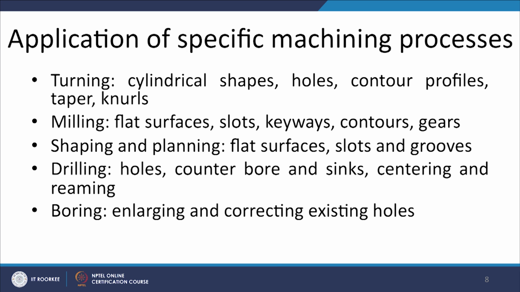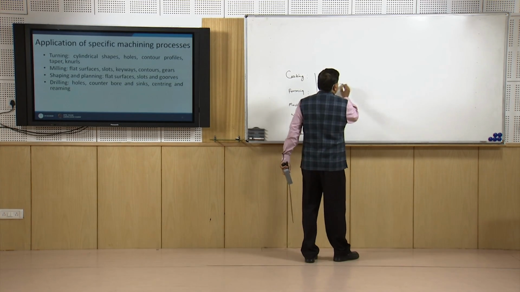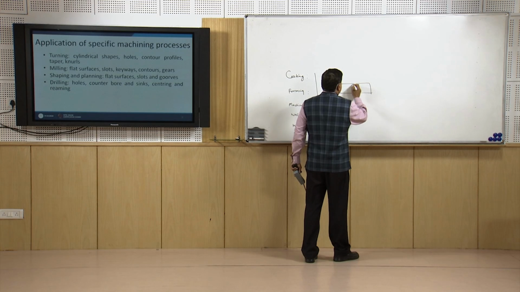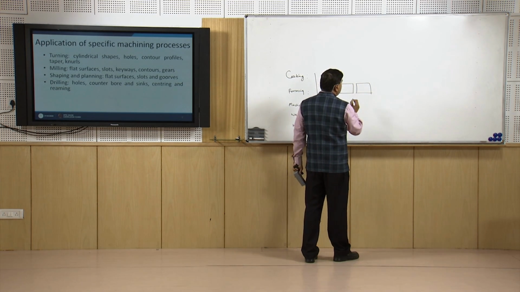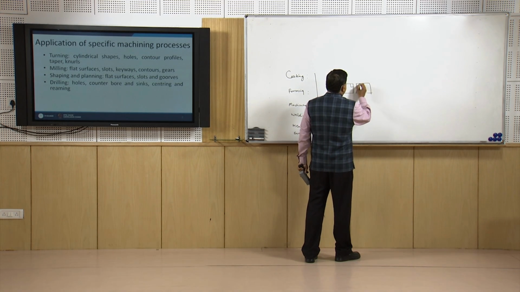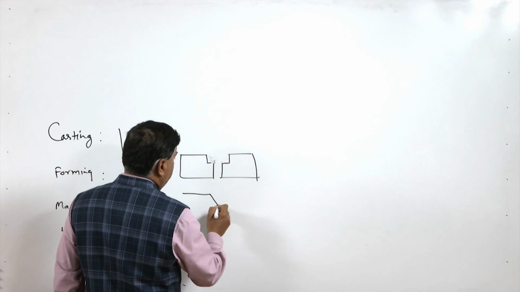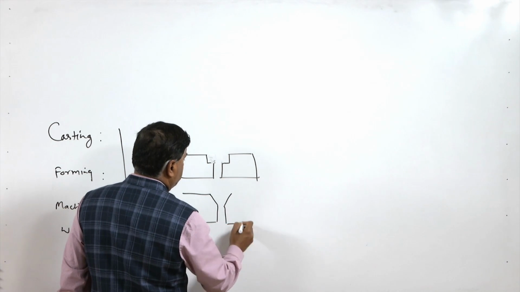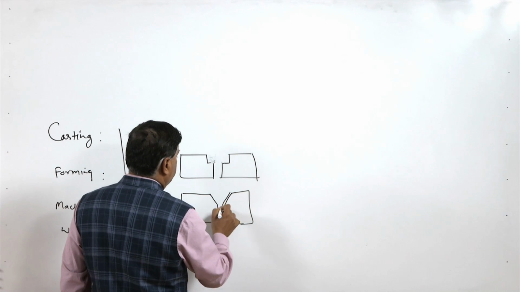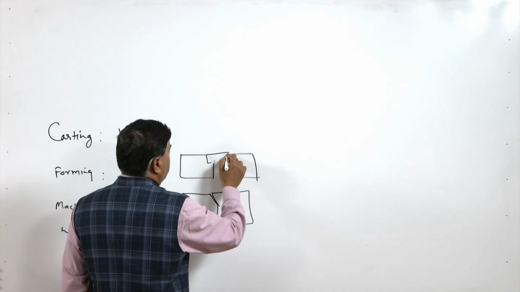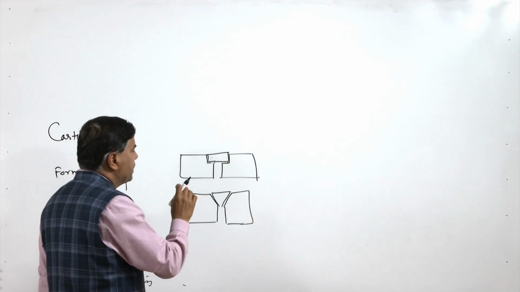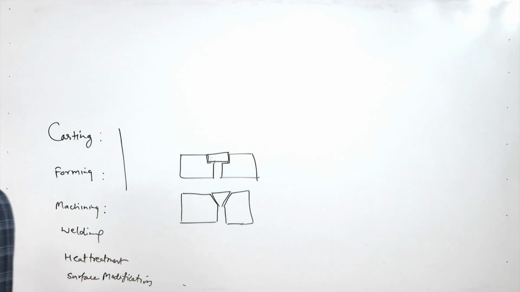Drilling is the process which is used for creating the hole, and then the counter boring helps to make the partial enlargement of the hole, and a partial conical hole is made in sinking. So, the counter boring is basically, say, in an object we have a hole like this. If the hole is partially enlarged, this enlargement of the hole is done like this for the counter boring process. And the same hole can be made for the countersinking by developing the geometry in this way. So, a conical shape geometry is produced for the countersinking purpose, and this partial enlargement of the hole